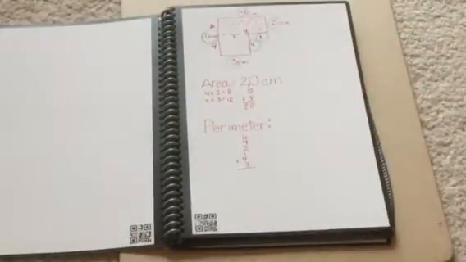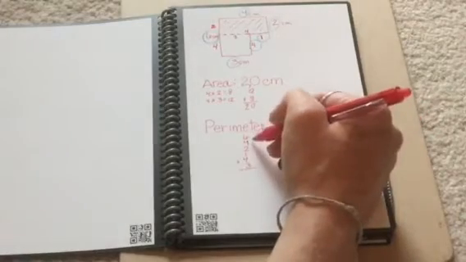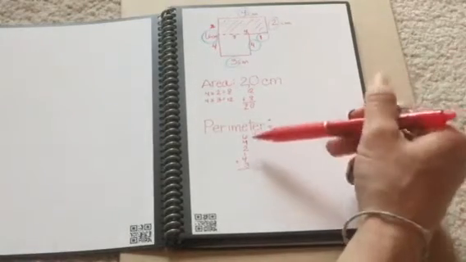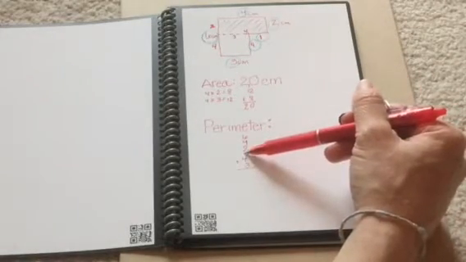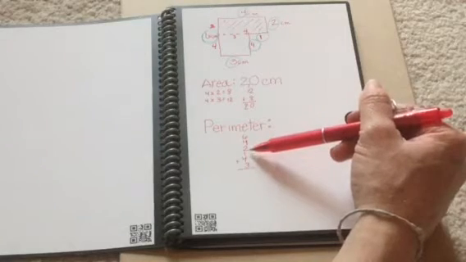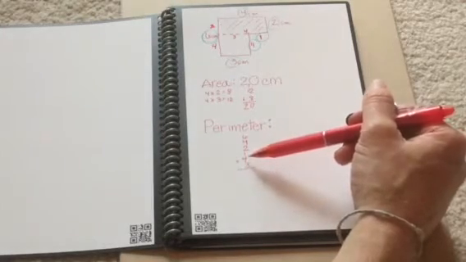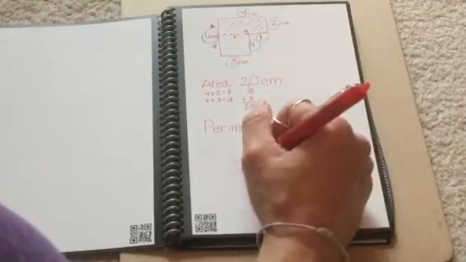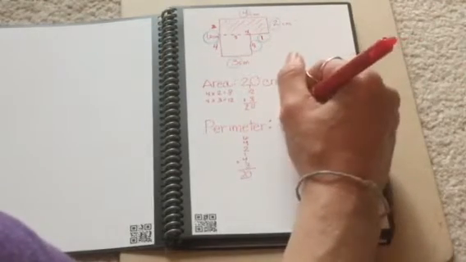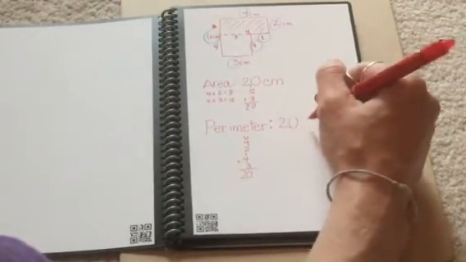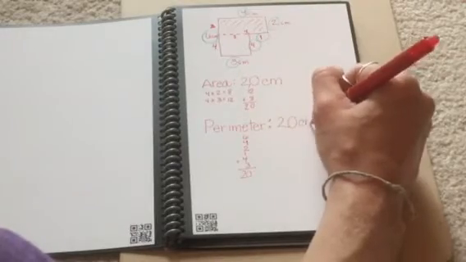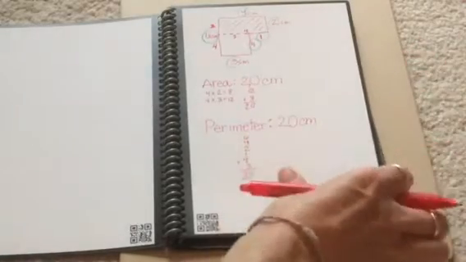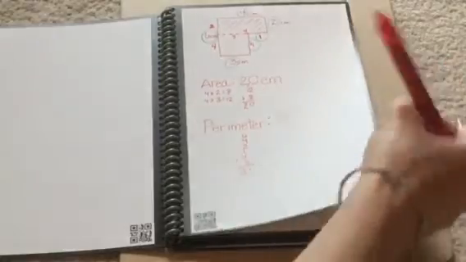Well, I know that 6 plus 4 is 10, plus 2 more gives me 12, 13. 13 plus 4, that's 17, 18, 19. Finally, we are at 20. Look at that. My area and my perimeter both equal 20. How cool. I'm going to do another